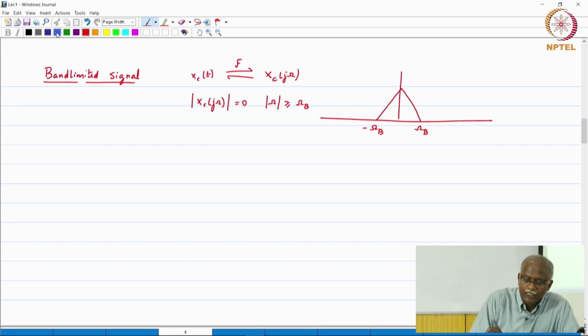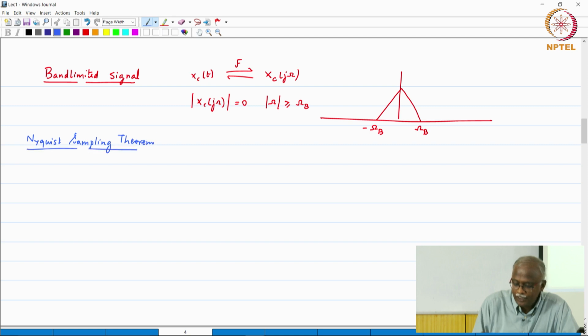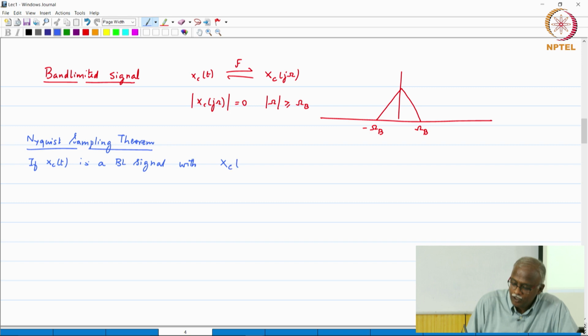Okay, so in this framework we have the Nyquist sampling theorem, again a well known concept in communications. We would like to utilize that and build upon that. The Nyquist sampling theorem basically states that if xc of t is a band limited signal, BL stands for band limited signal, with xc of j omega, the condition for band limitedness we have already specified, equal to 0 for mod